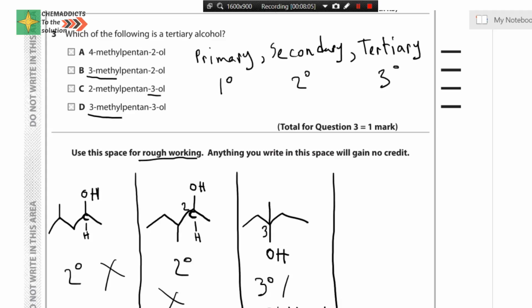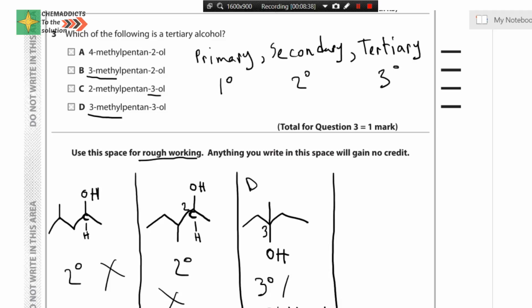So that makes it the correct option. Now let's see whether D would be the right answer or not. Well, we have discussed D. So that is why D should be the answer, since this third carbon has one methyl